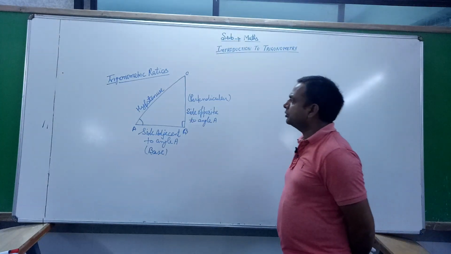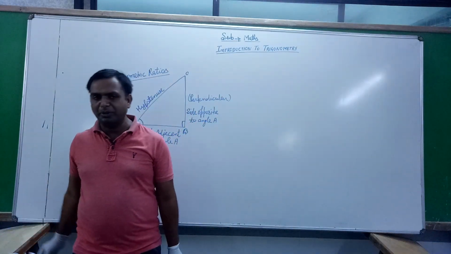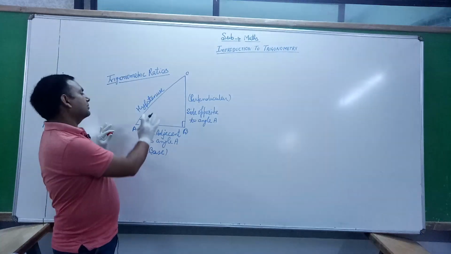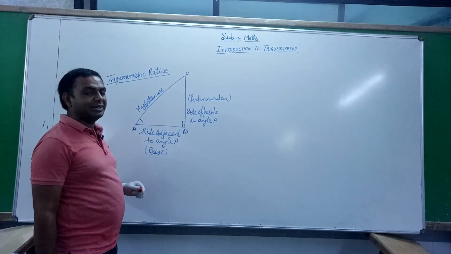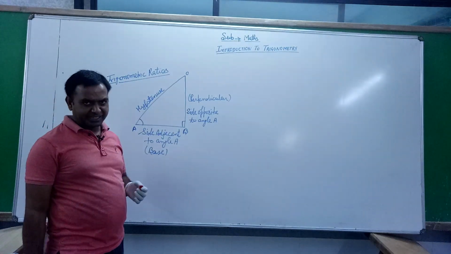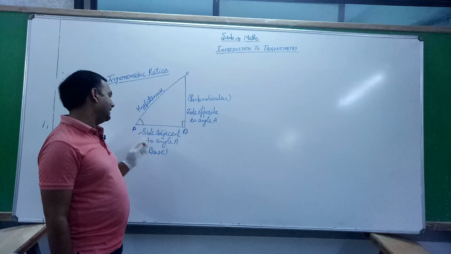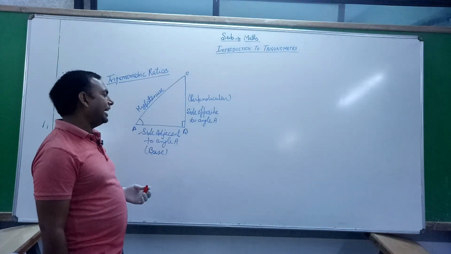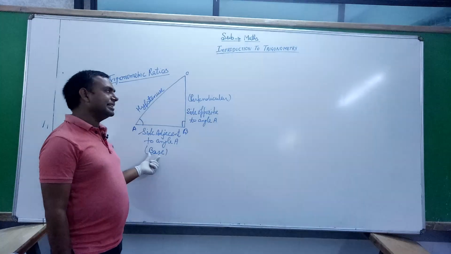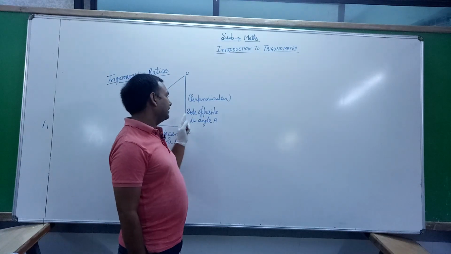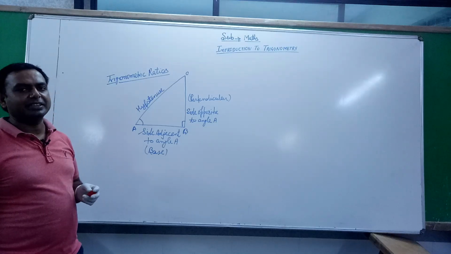Okay, so we are going to first see how to find the trigonometric ratios. For finding the trigonometric ratios, we draw a right angle triangle. This is the triangle ABC where angle B is a right angle, and after that we draw here the side adjacent to angle A. This is AB, and the side opposite to angle A is BC. AB is also known as the base, BC is the perpendicular, and the side AC is the hypotenuse according to the Pythagoras theorem.